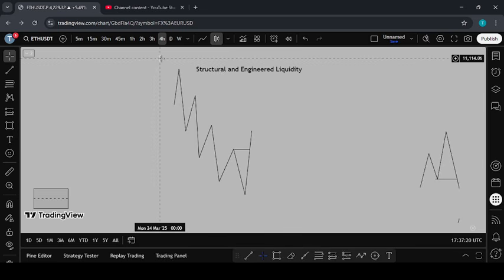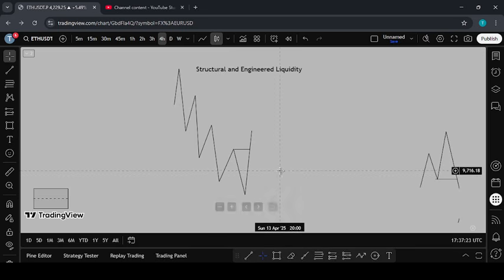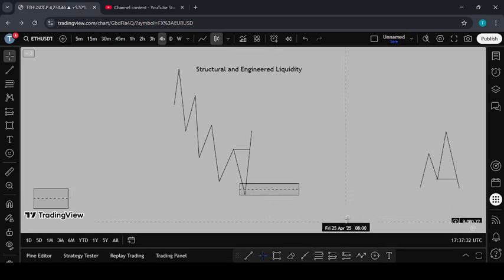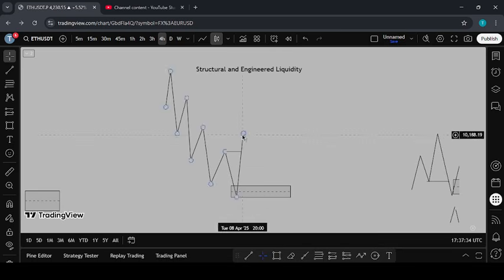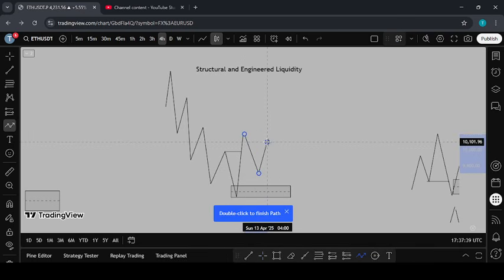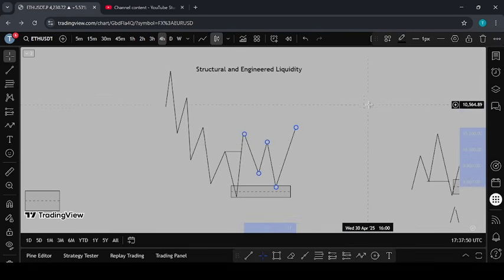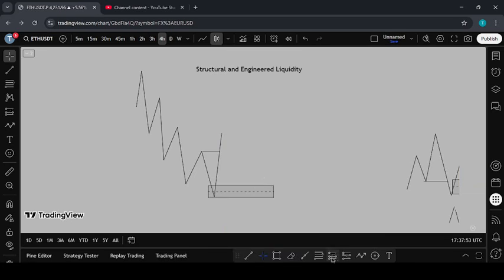Now, what do I want to see if it's a reversal? At this point, the market was completely bearish, so I am not expecting the market to create an engineered liquidity for me in order to buy at this POI. I don't want to see the market doing this before I buy. If I see something like this, most times on a reversal trade, I would not take this trade. I'll explain why. What I want to see is the market doing this,